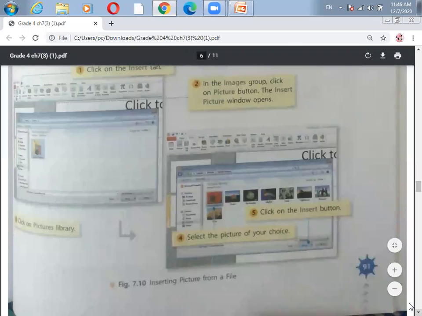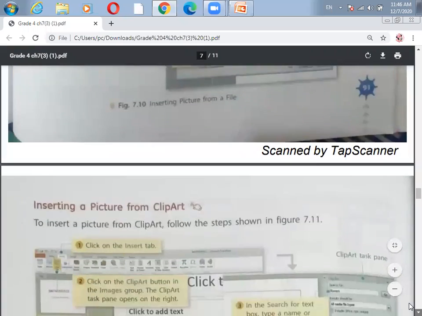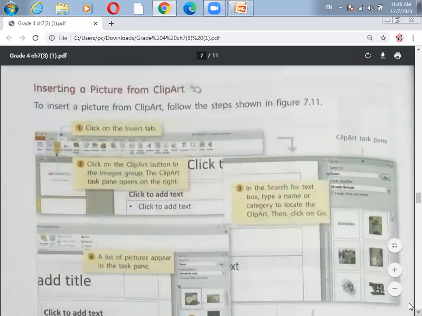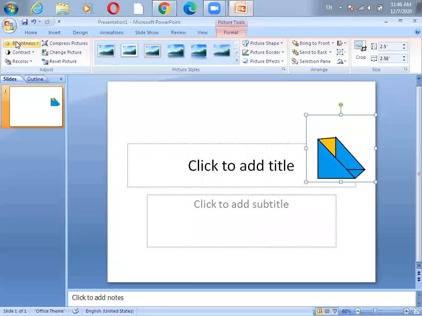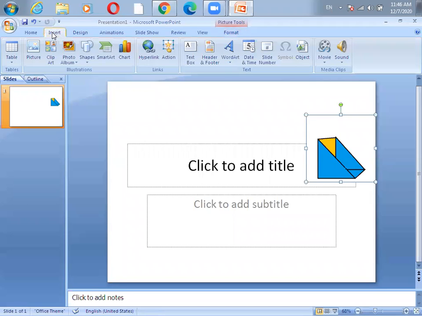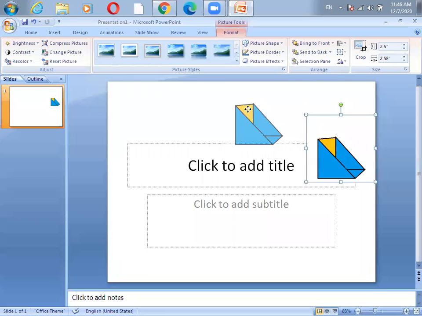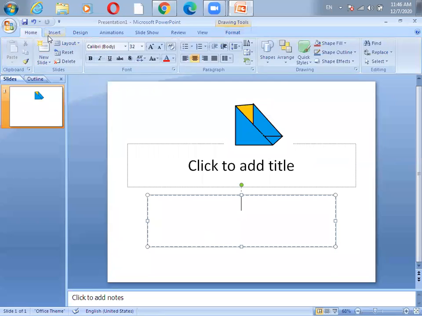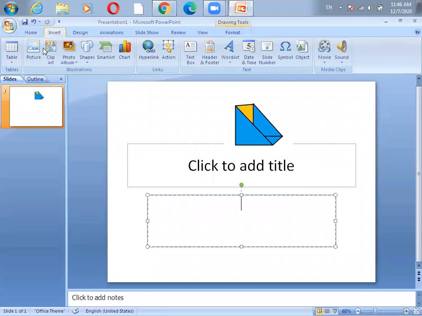Okay, so only three steps are there. First, you need to click on the insert button. See, I'm repeating how to insert a picture. First, you need to click on the insert button. Then you will get this option, pictures.